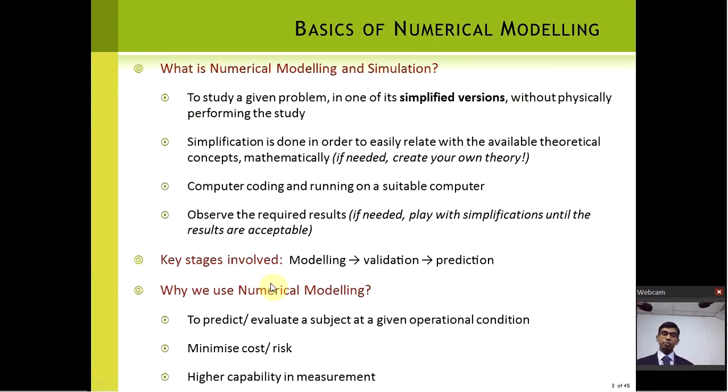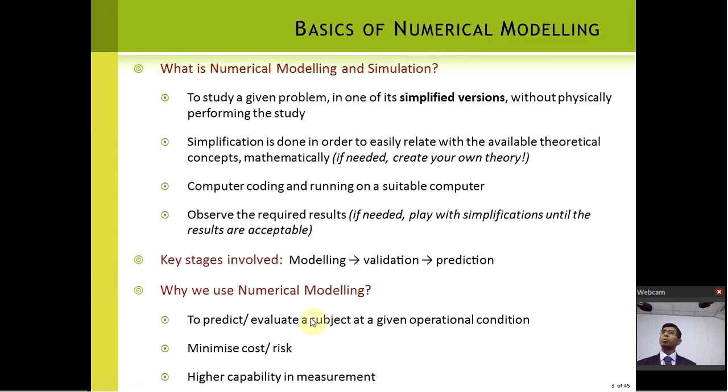And we need to be clear on the basic 3 stages in whatever numerical modeling, which is the basic modeling task, and we need to validate our work using some experimental, pre-known experiments. If some people have done some experiments, we run our simulation until we get the same results. Then our thing is correct. That eventually we use for prediction, for unknown things. People may have not seen it, but we can simulate such a thing, which is called prediction.